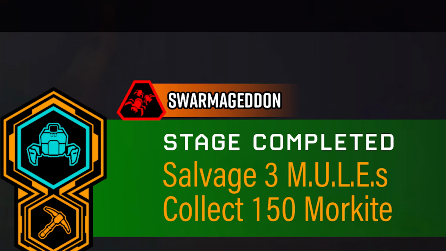You're going to be salvaging 3 mini mules, and in this case, you will have to go through the full salvage operation, the full drop pod recovery process. You'll also need to collect 150 Morkite, but there is a mutator in effect. It is Swarmageddon. So once again, dealing with another Swarmageddon. So throughout the whole experience, including during the defense, you will be attacked by these big squads of swarmers, which